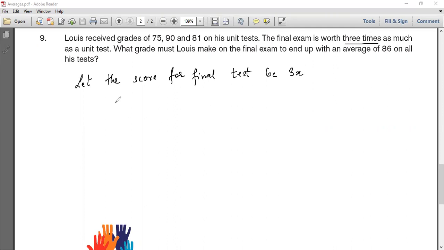Now let us write the equation. The equation is mean is equal to sum of all the observations over number of observations. So sum of the observations, this is 3x, and since it is 3 times as much, we'll divide it by 6. 3 observations here and 3 observations here. So let's do 86 times 6 is equal to